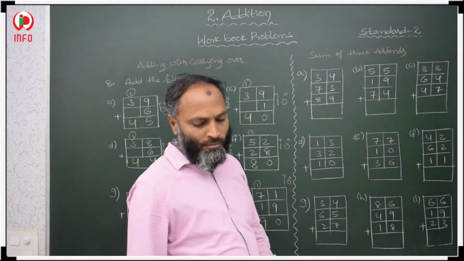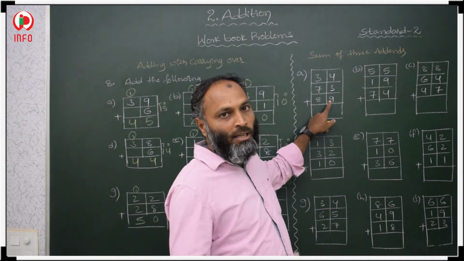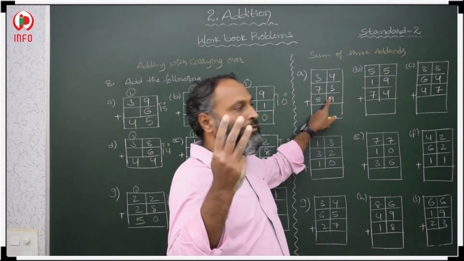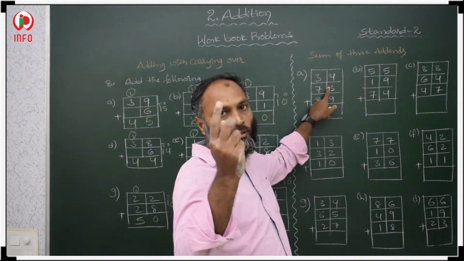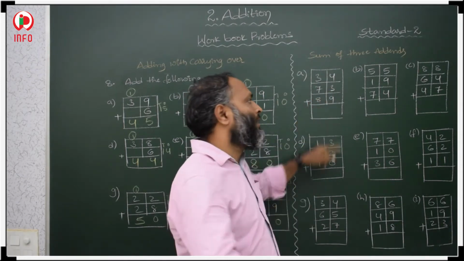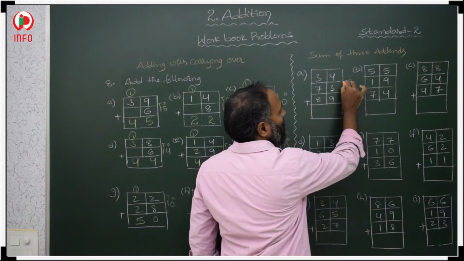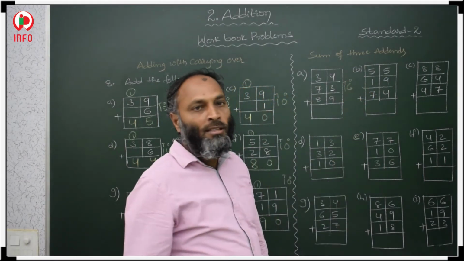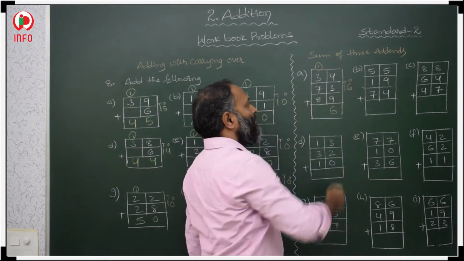The method is the same. First you take a bigger number. 9 plus 3: 9, 10, 11, 12. Till here 12. 12 plus 4: 12, 13, 14, 15, 16. So right here 16. 16 means this is in the ones place, this is in the tens place. 6 we have to take in the ones place and 1 in the tens place.